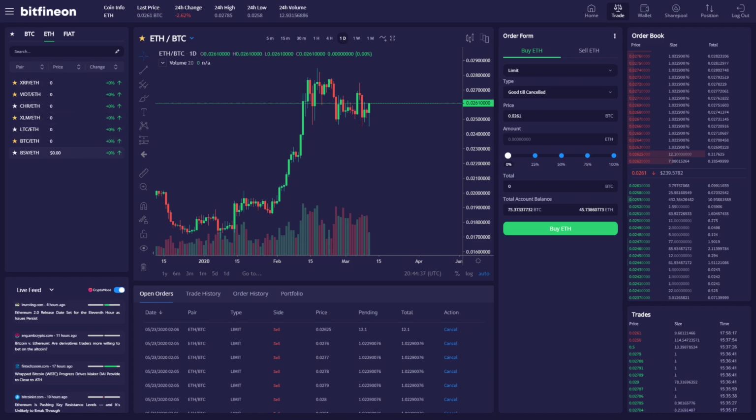Ethereum pairs here, you can toggle any of the pairs for price change in the last 24 hours, the current price, and then the pair itself. And then Bitcoin, and these are just the wallets that are active right now. We're going to have about 60 pairs active when the exchange goes to launch. So you'll be able to scroll through all of those pairs that are active, and then your favorites here,